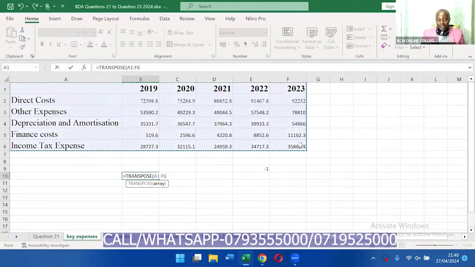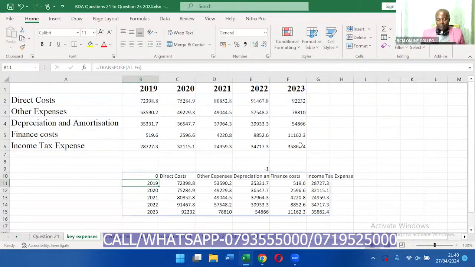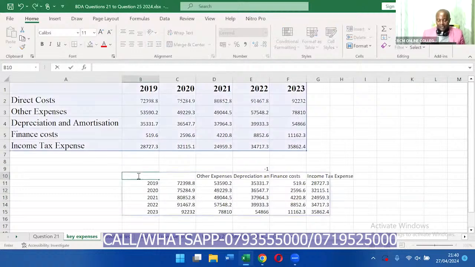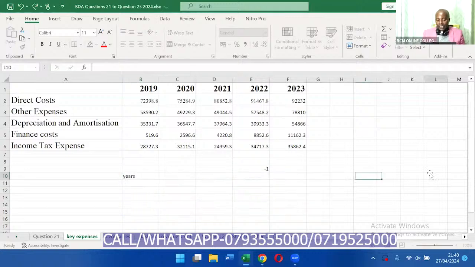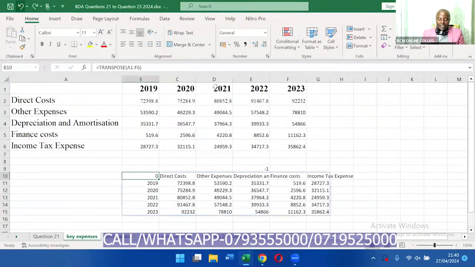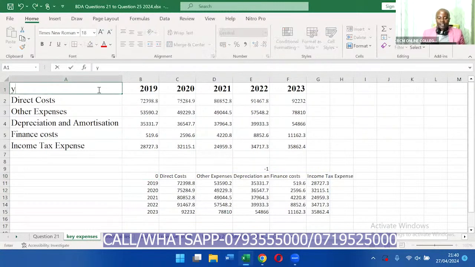Enter. You don't even have to close. When you are seeing a 0 there, please put years, because there must be something. So enter, and then you highlight everything. What happened? It means you must put the years here before you start transposing. Yes. And then, of course, because you use the formula,